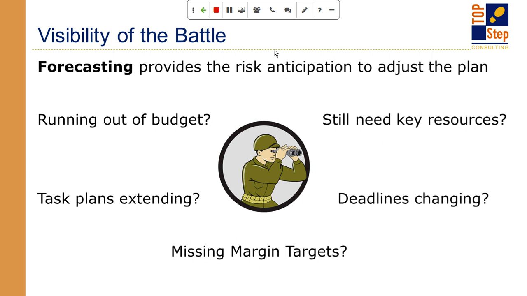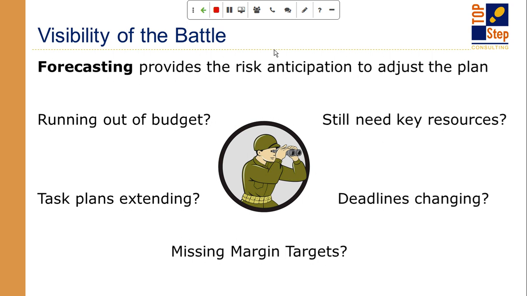And then, are the deadlines changing? Are you in a situation where it doesn't look like we're going to deliver fast enough, so we need to adjust the target dates and the deadlines for those projects? Or is the customer not ready? We're moving too fast and the customer is having to catch up, so it's never good to not be in sync with your customer. So are the deadlines changing, so we have an anticipation of when things will get done or when the customer needs something?